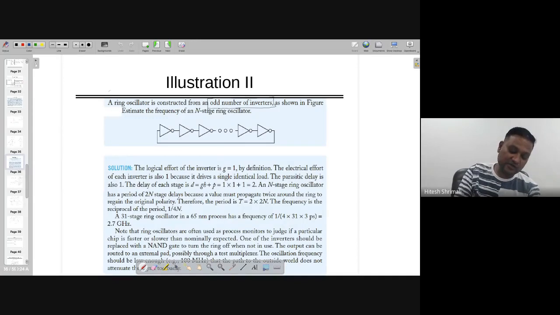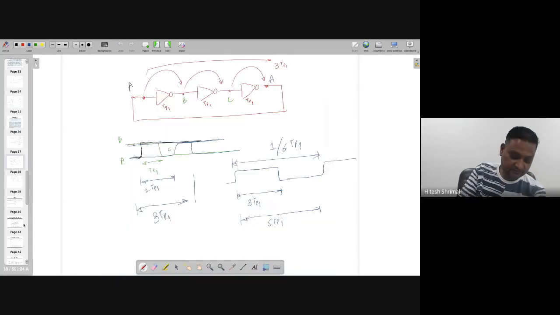If there is a ring oscillator, which looks like this one, where there are n number of odd stages, then you will have the oscillation. Notably, this is not working with one inverter, right? So what you have to do, as shown in the figure, is estimate the n stage ring oscillator delay. So now I already know that each one of the inverter,